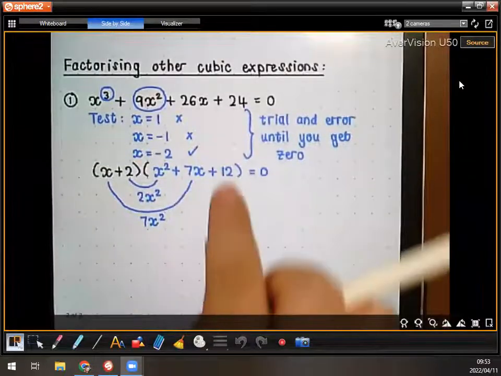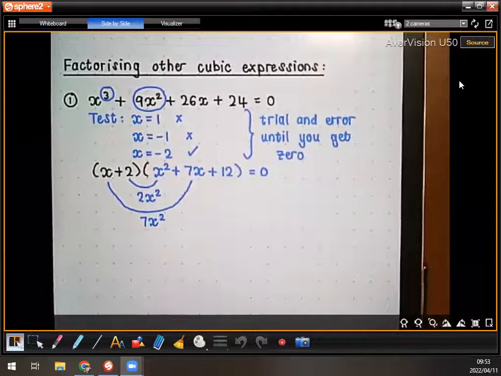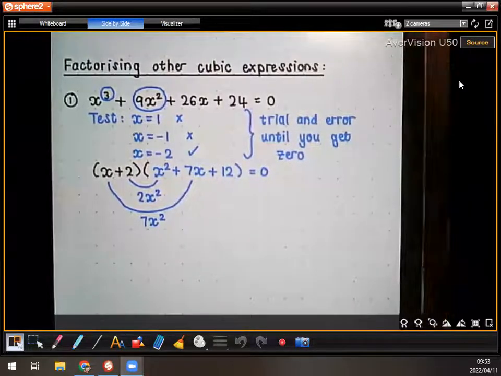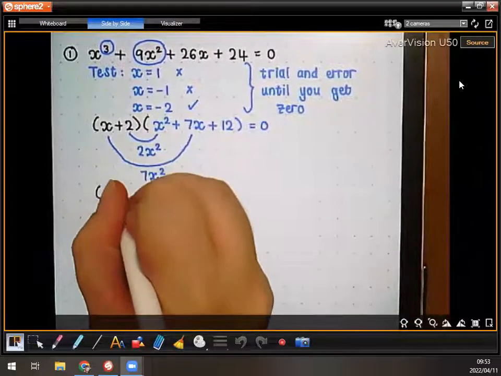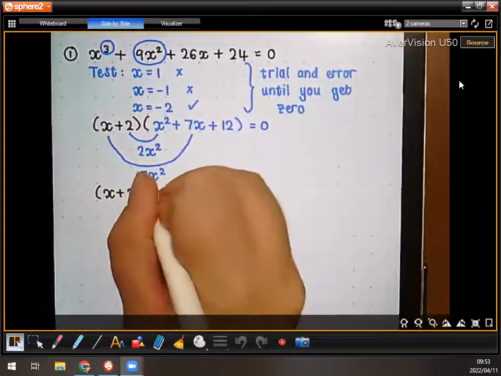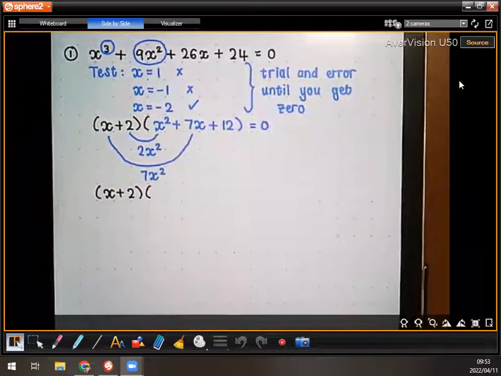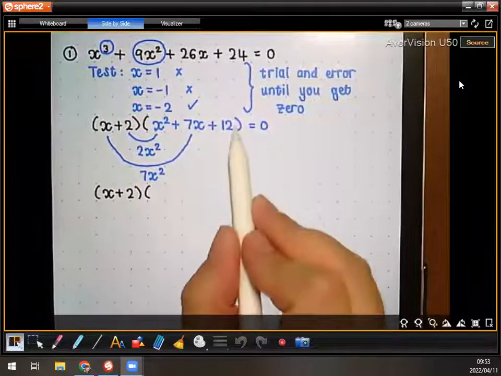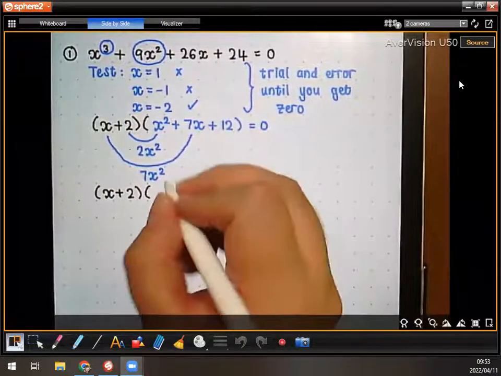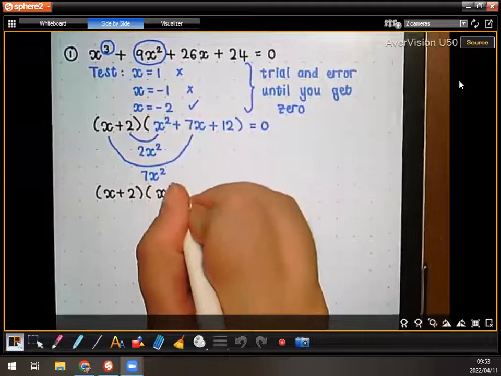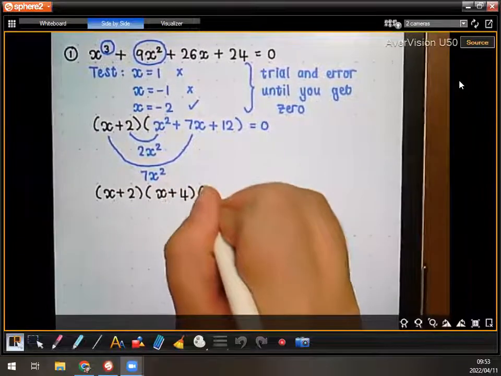Now, what is this? A trinomial. Can I factorize that one? x squared plus 7x plus 12. 6 and 2 gives me 12. 4 and 3, yes, correct. This is the trinomial that we have to factorize. Factors of 12, the sum of those factors is 7. So we're going to say x plus 4 and x plus 3